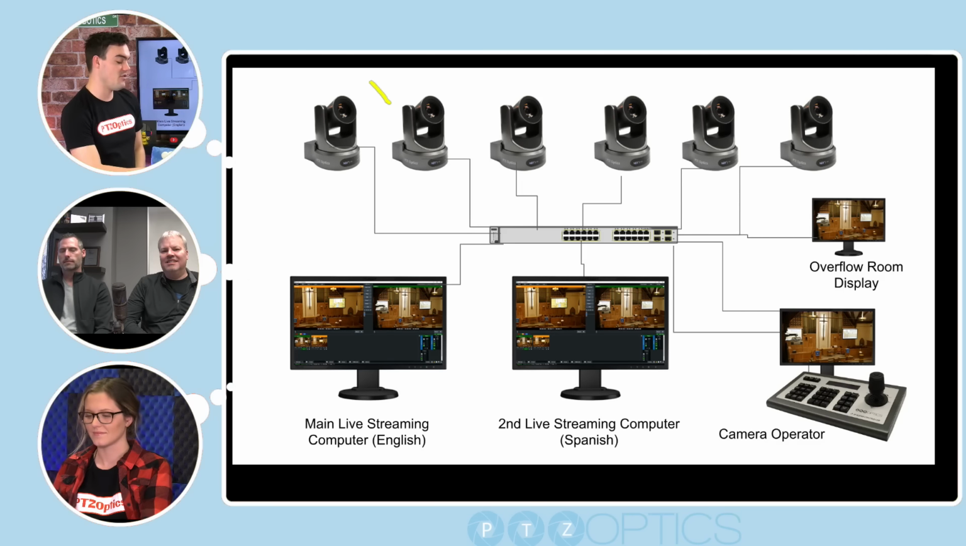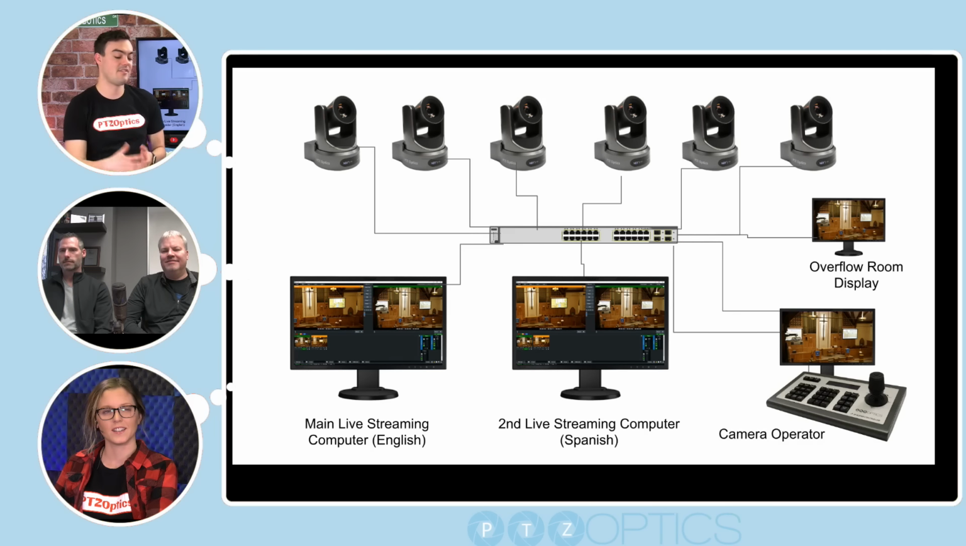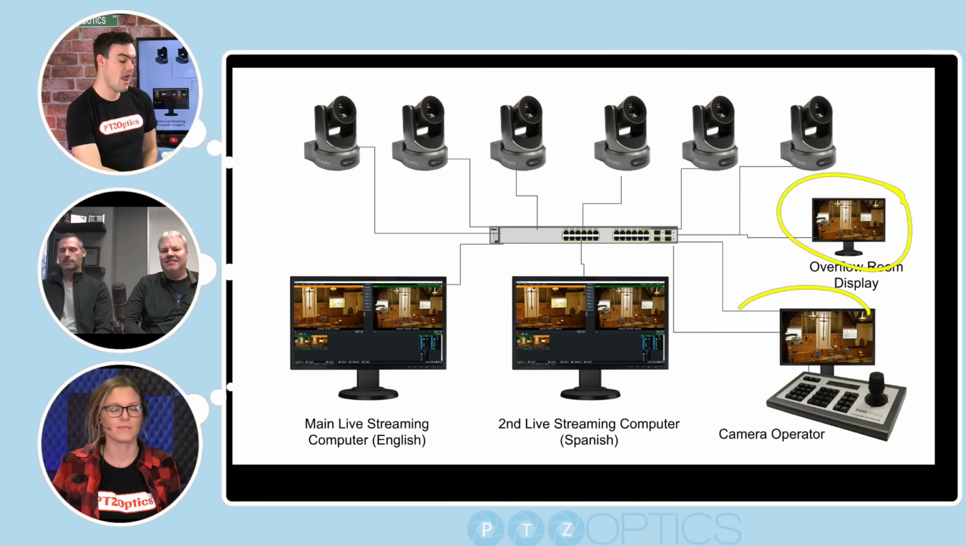Every camera would have a unique IP address. Every camera would have a unique multicast address, and your network switch would have to be multicast enabled. You don't have to have a multicast switch to use NDI, but to use it in this way you would. But the nice thing is now you could have that overflow room, that extra monitor over here, 5 more monitors